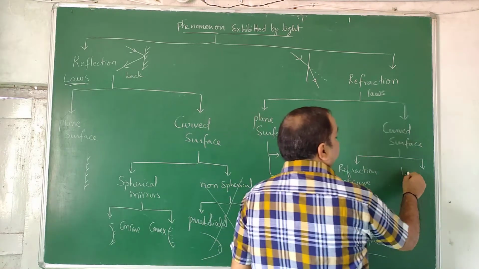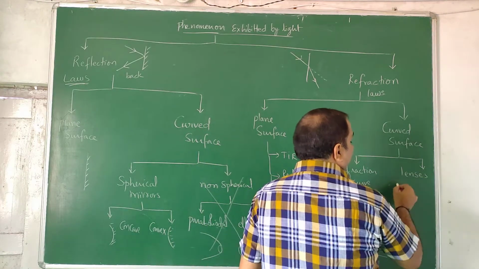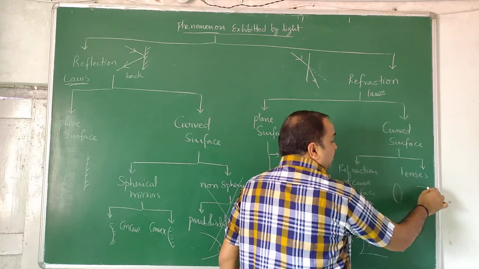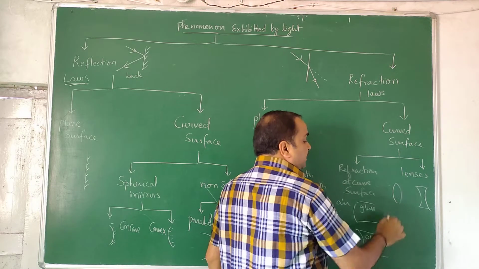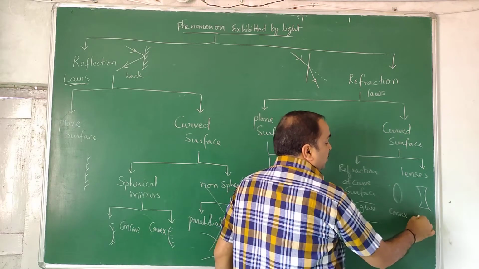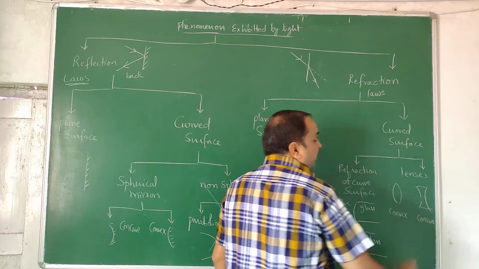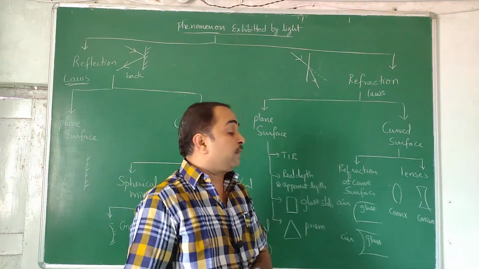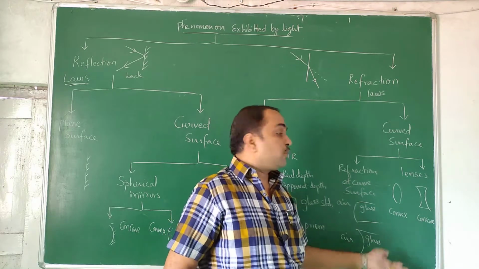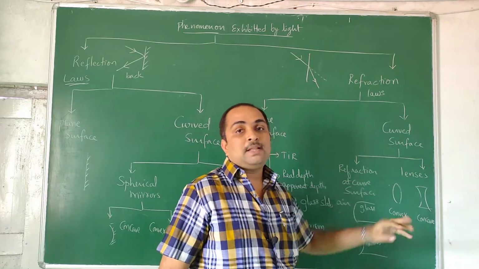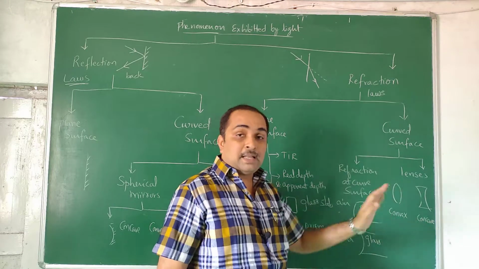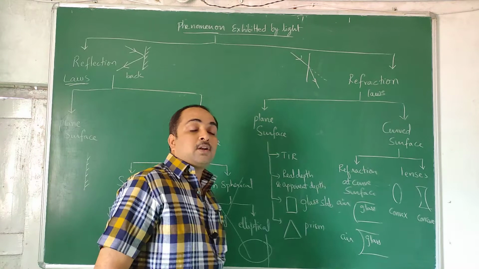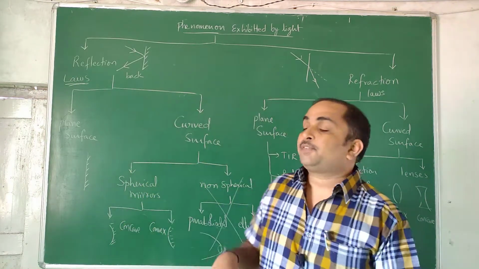Then through lenses, where it goes from air into glass, again it comes out of the glass. There are two types of lenses, convex, concave. Apart from that, you have multiple other types of lenses, plano-concave, plano-convex, equi-convex, non-equi-convex, concavo-convex, convexo-concave, everything will be dealt there. So lenses are being dealt there. Polished lenses, they behave as mirrors, that we will discuss. Concave mirror, convex mirror kind of thing, that we will discuss as part of syllabus there.